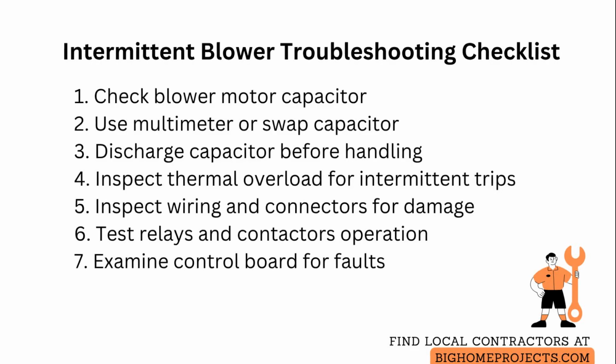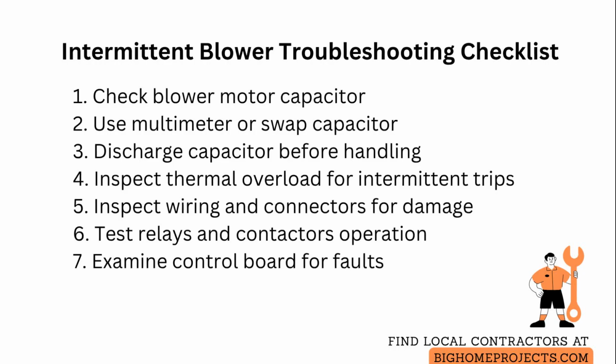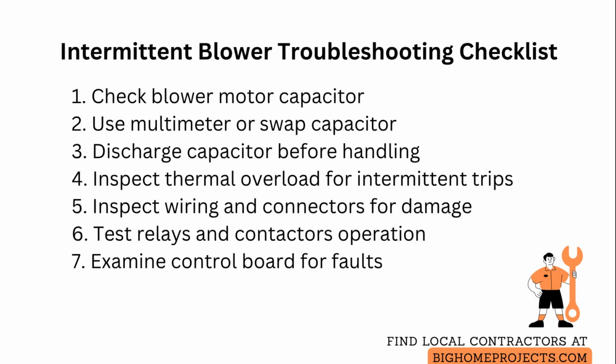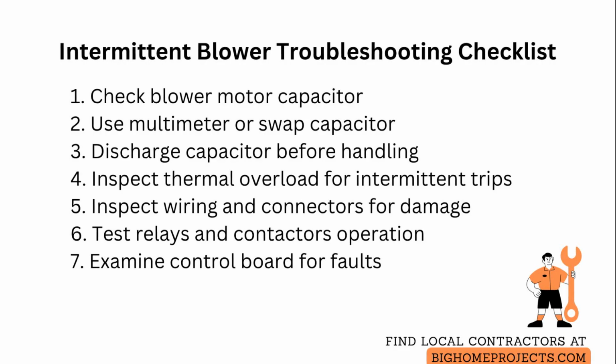Next, check for a failing thermal overload in the motor or the motor housing. These protect the motor and can open intermittently when they are near their trip threshold or when internal contacts are degraded. Inspect wiring and connectors for heat damage, corrosion, or loose crimps, because vibration can make a poor connection open intermittently. Wiggle wiring while the unit is running to reproduce the fault safely with power applied and hands clear of